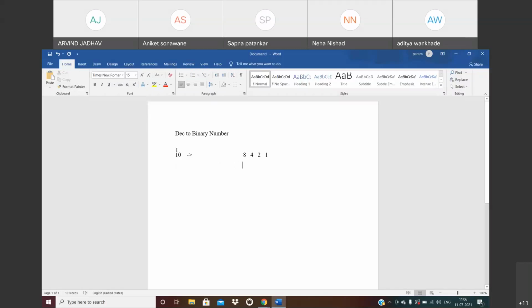So assume that this one is the number 10. 8 plus 4, we got 12. 8 plus 1, we got 9. 8 plus 2, we got the addition of decimal number 10. That means, whenever the addition of operands occurs, we will replace that number by using 1, and the other numbers will be replaced by 0. For example, here the decimal number is 10. Did 8 come in the addition? Yes. Did 4 come? No, therefore 0. 2 came in the addition, therefore 1, and 1 did not come, therefore 0. So this one is the binary of the number 10.